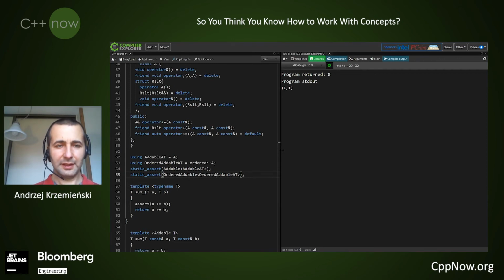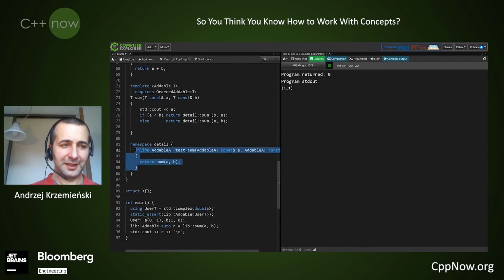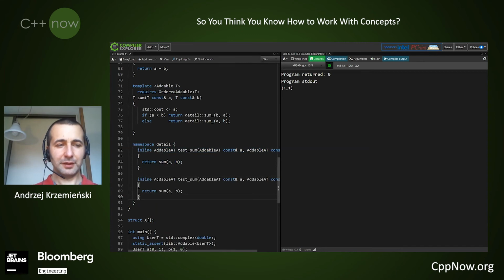Compiling, yes, it is. And now let's run another test, another compile time test, and it is quite easy. We just provide another overload for ordered addable. It's within the screen.